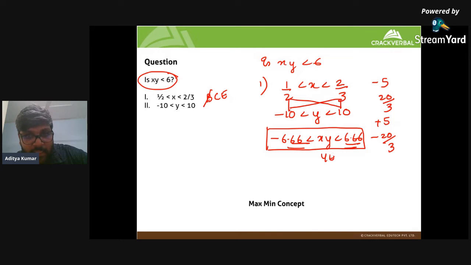So it can give me a yes. And xy can also be slightly greater than 6, right? You can have something like 6.1, 6.00001, depending on what values you take for x and y. So that gives me a no. So clearly, E is a winner here. Got it? Just three, four questions just to get you on the bandwagon of saying these are the rules. You have to stay within the purview of the rules and work with that. Okay,